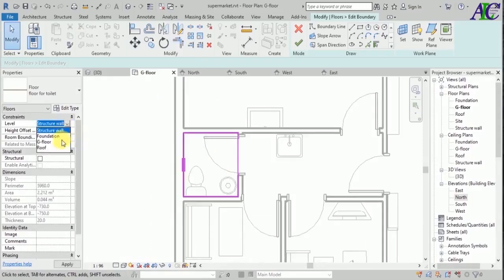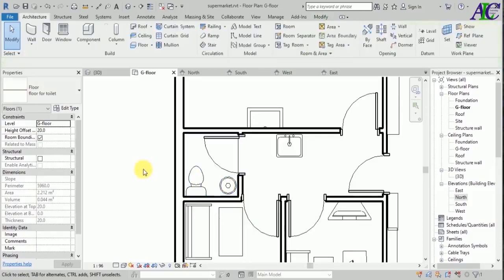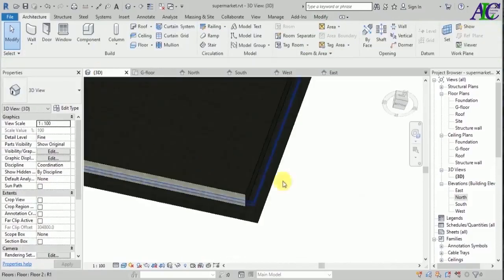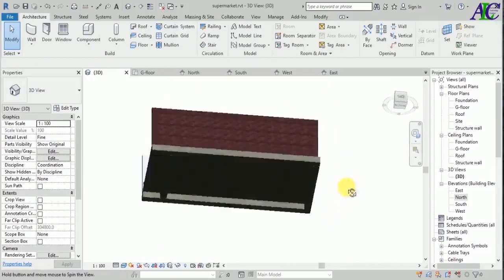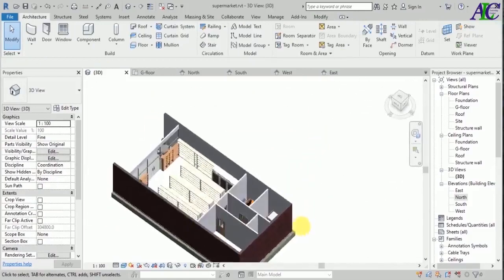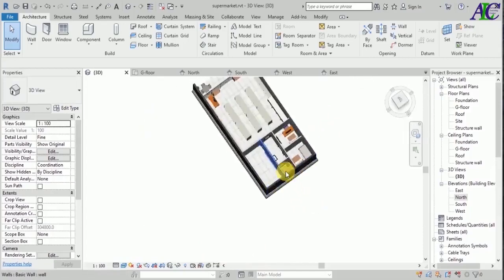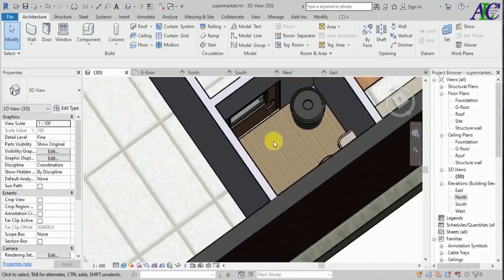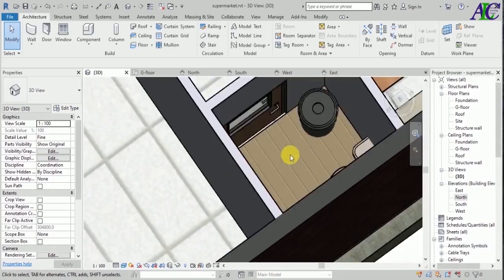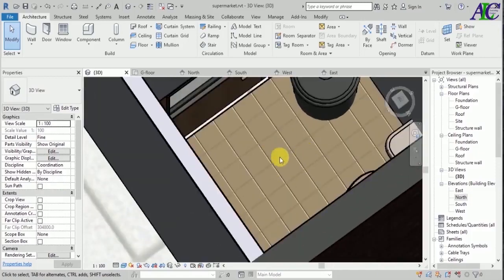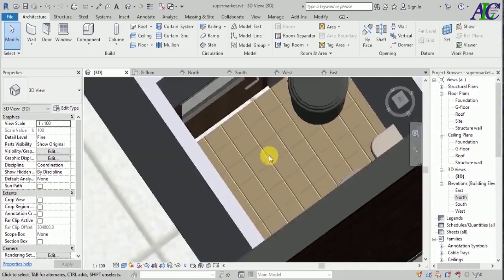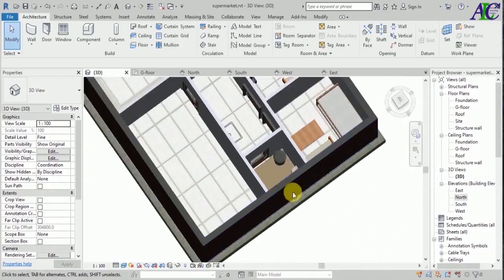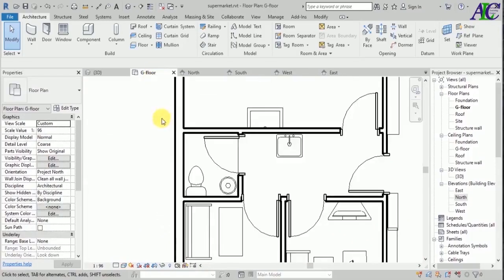Okay, let's change the level. It should be the level ground floor and then finish. So let's go to 3D. It looks like this. Okay, it's a little bit up to the first floor, so let's